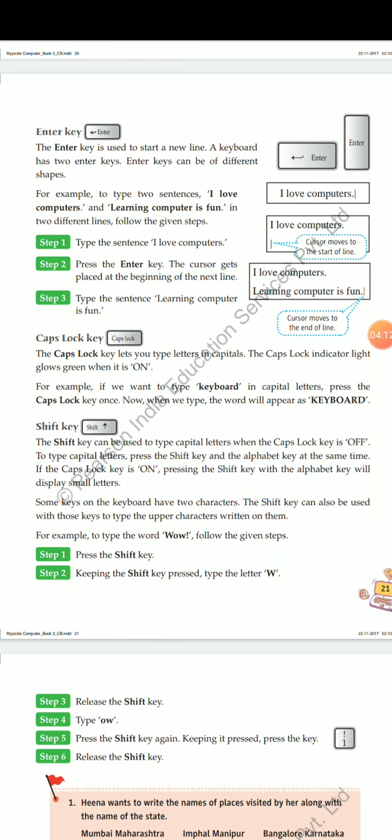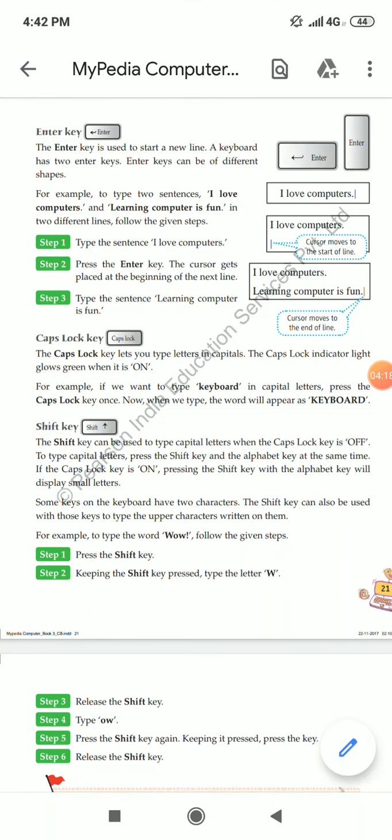Then we press the enter key. The cursor gets placed at the beginning of the next line. And then we can type our next sentence. It means the enter key is used to start a new line. There are two enter keys on the keyboard.